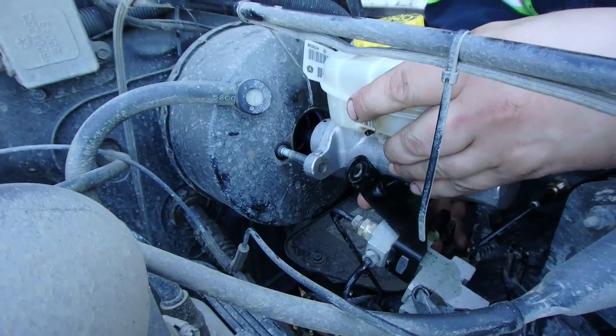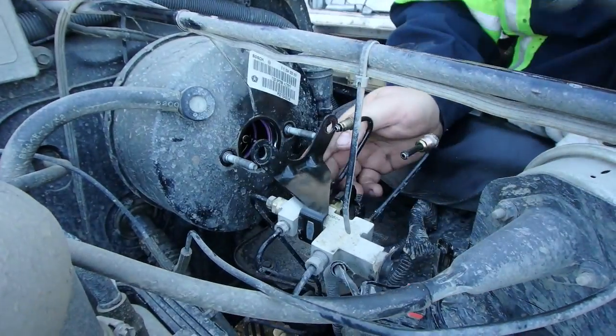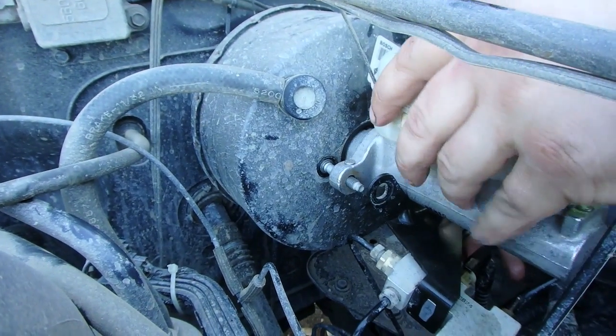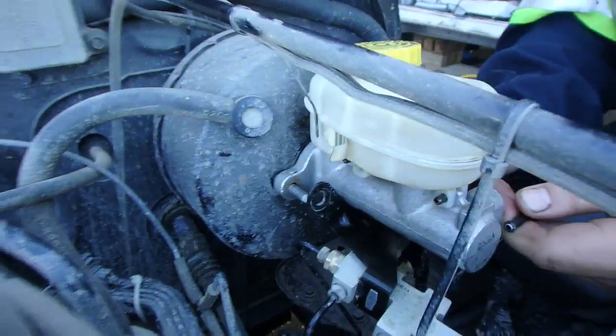Slide this bad boy back into place. Make sure everything is lining up because there's a pin in there. The pin in there has to go through this hole. So when you stick it in, make sure that she lines up. And then we'll